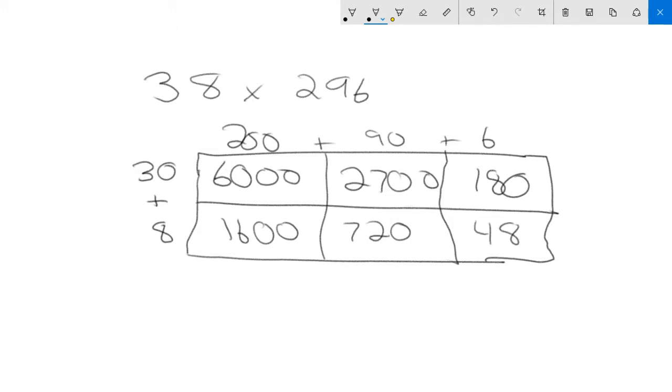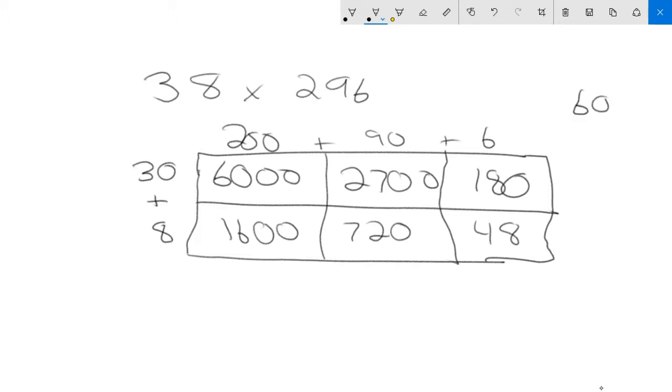Now that we know the area of each of these small rectangles, we can add all of them together and it will tell us the total area. Okay? The biggest thing about this is just making sure that you're lining up your numbers correct. If you need to, you can break it down into more than one step. But if you're good at lining things up correctly, then it shouldn't really be that big of a problem